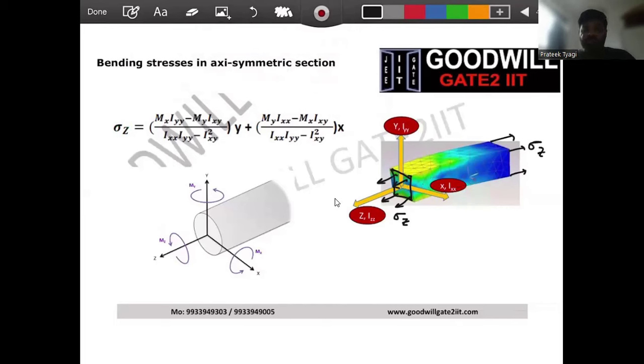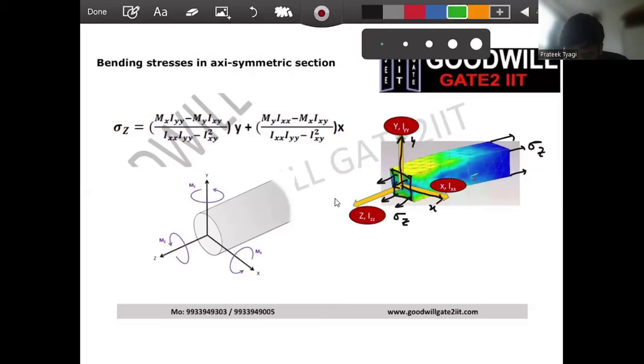Now, what is a normal stress? A normal stress is one which is perpendicular to cross section. Correct? What is the cross section variables? If you people agree, your cross section is in x, y plane. So anything which is perpendicular to it will be z. Correct? And this is the reason you find sigma z. Sigma here represents normal stresses